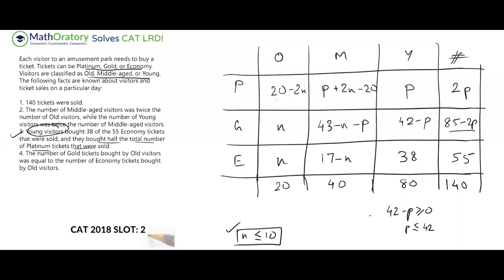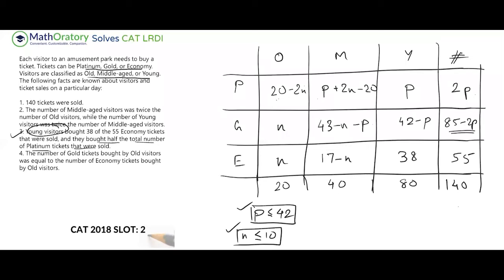And this thing greater than equal to 0 gives us p less than equal to 42.5. So again, cannot be decimal any which way. So both are saying the same thing, right? Has to be p less than equal to 42 only. So we can pick either one of them. So this is the constraint that we have for p. Let me just take these things off, and then I'll discuss one last thing.